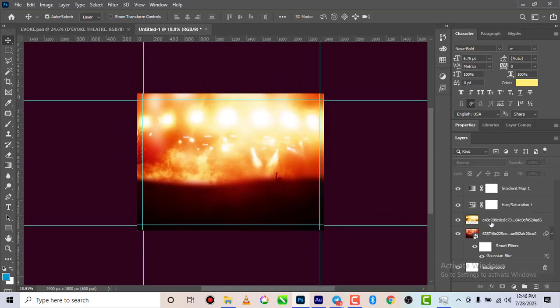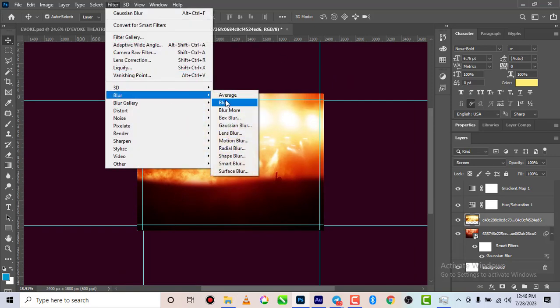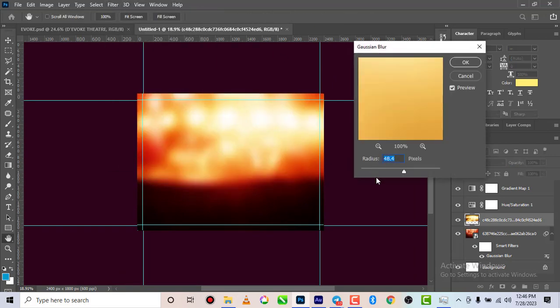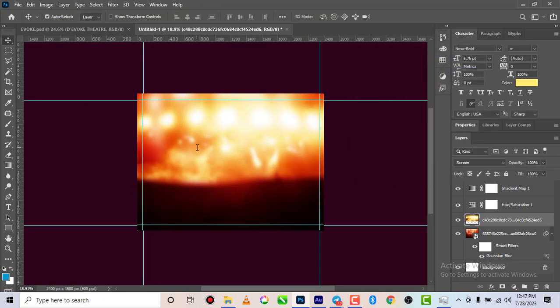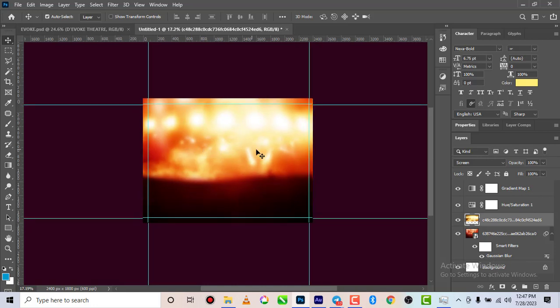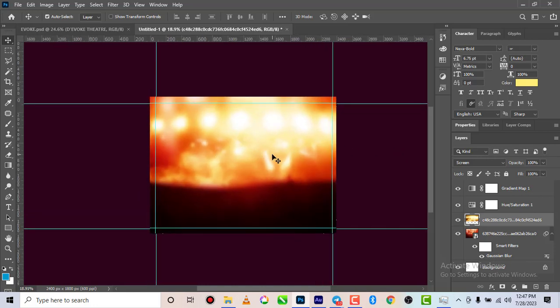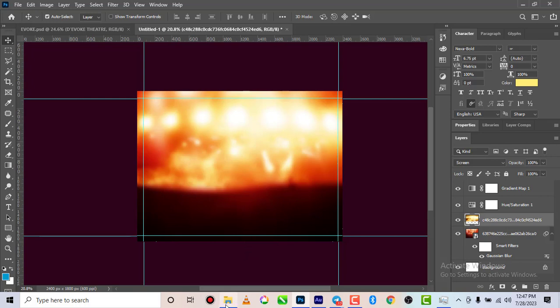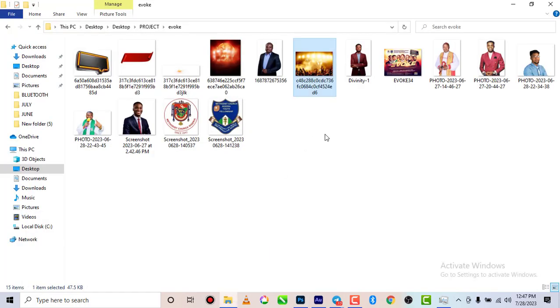All right. So on this side a little, we are going to blur this thing a little bit so that everything will rhyme together. All right. So the next thing I'm going to do now is to bring in the pictures. Those pictures that we are going to use for this work now. We are going to bring in these pictures from